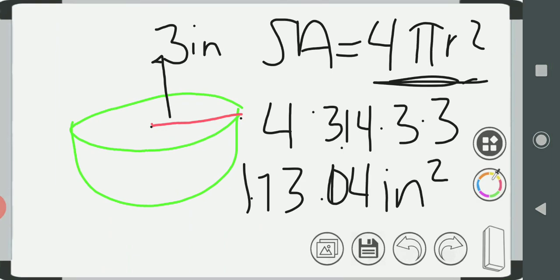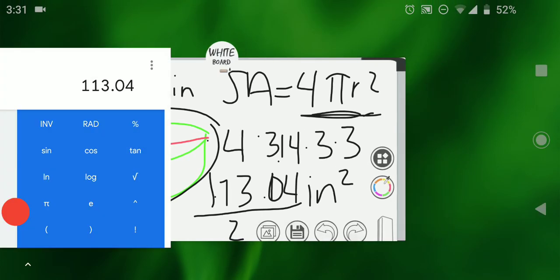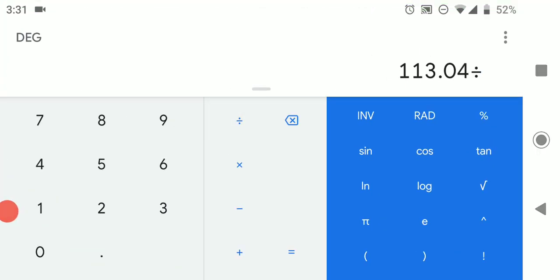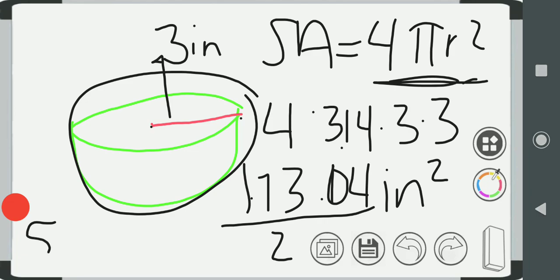But this is the surface area for a whole sphere, and I only have half a sphere, right? So I need to divide this by 2. Back to the calculator, divided by 2, and that equals 56.52. But I'm not done,